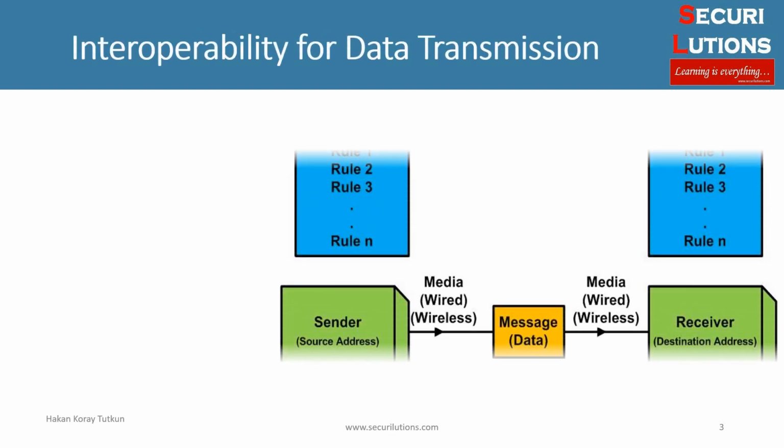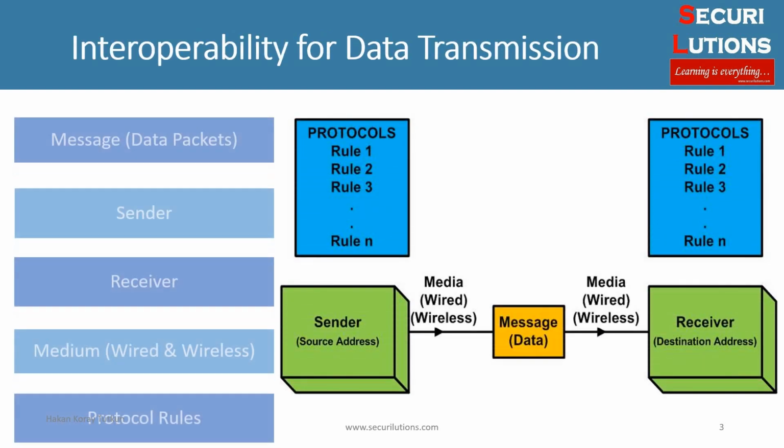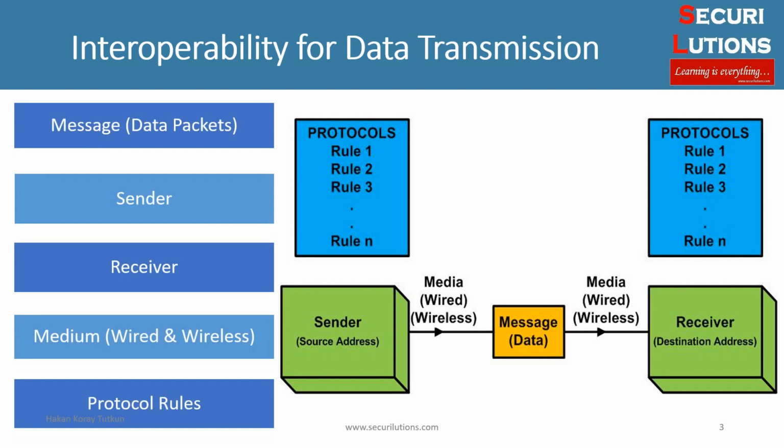Devices of different brands, different applications, and different technologies can be used together in the computer network. So, how is data transferred without any problems despite so many different features? Now we can begin to work on this issue. If technologies with different characteristics act in a line with common rules and definitions, the data can only reach its destination. The figure on the screen shows the protocol, sender, receiver, medium, and the message relationships that constitute this rule's